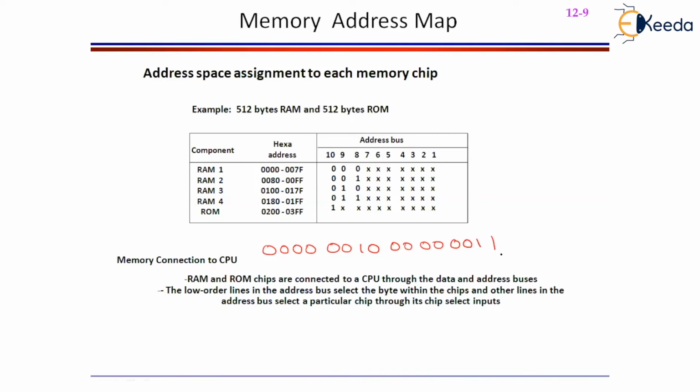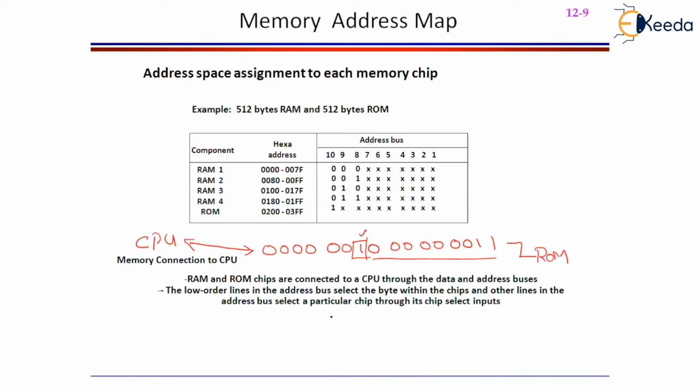This is the 16-bit address line, right? Now the CPU sends this address reference. We need to identify which module this address reference falls under. For this, you just observe the 10th digit: 1, 2, 3, 4, 5, 6, 7, 8, 9, 10. The 10th digit is equal to 1, right? The 10th digit is equal to 1, which means that the remaining 9-digit address will have to be located in ROM.